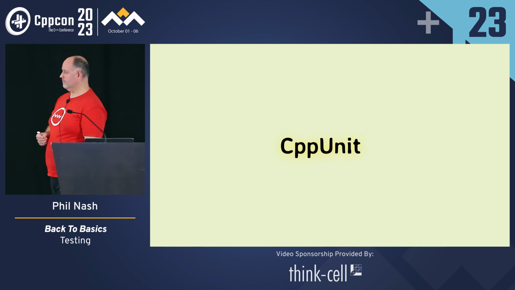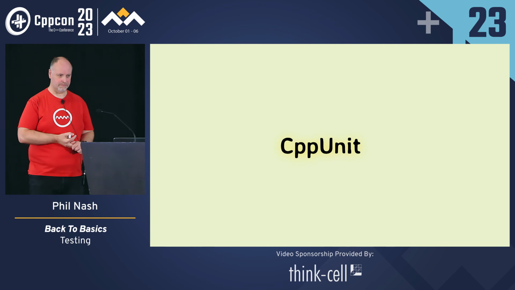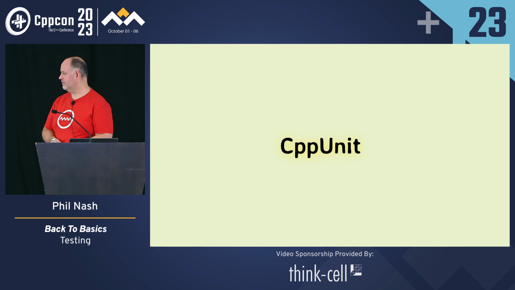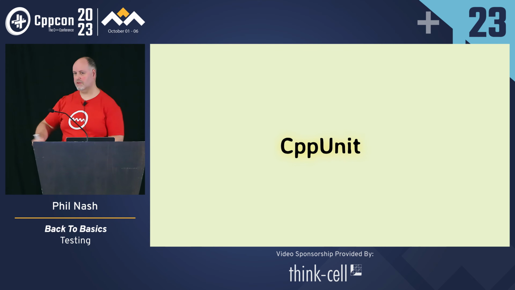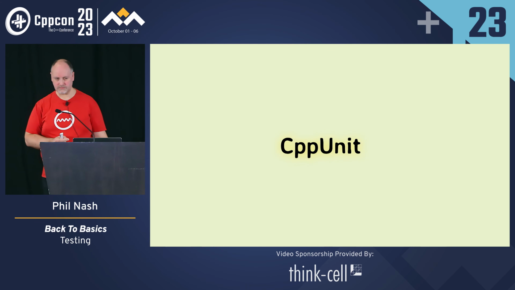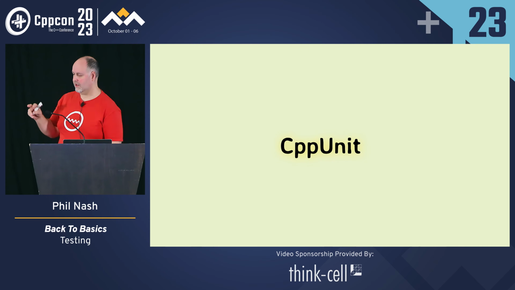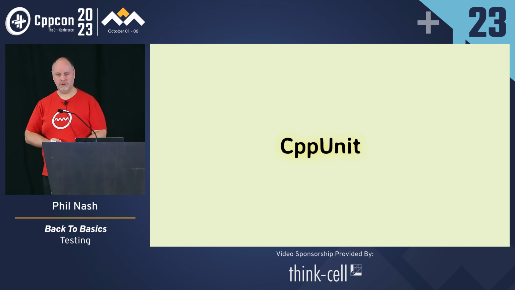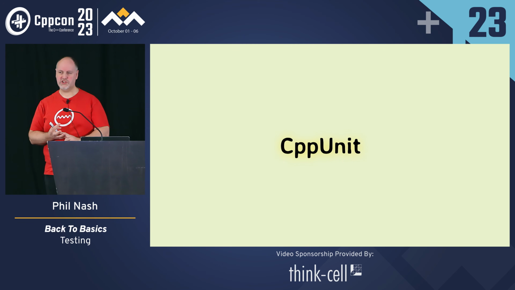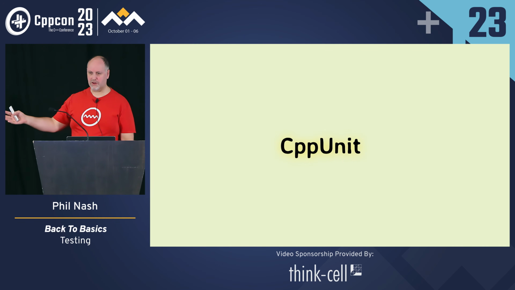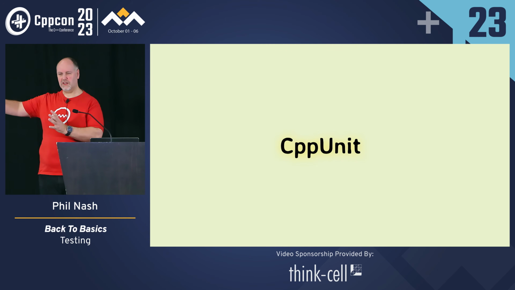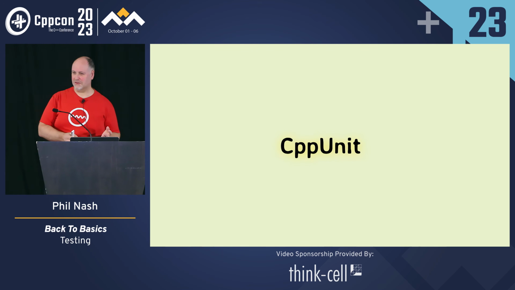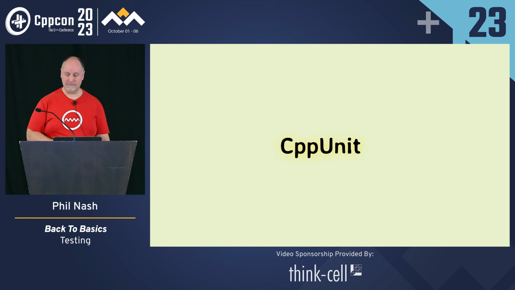Starting with CppUnit. Now this is more of historical interest. You will still see this today in production because it was around 10, 20 years ago. This was the first unit testing framework for C++ of the modern mold. It was really a port of JUnit from the Java world, and it lost all the things that made JUnit good, specific to Java, and didn't pick up enough of what made C++ good, so it was like the worst of both worlds. But it was a good start.